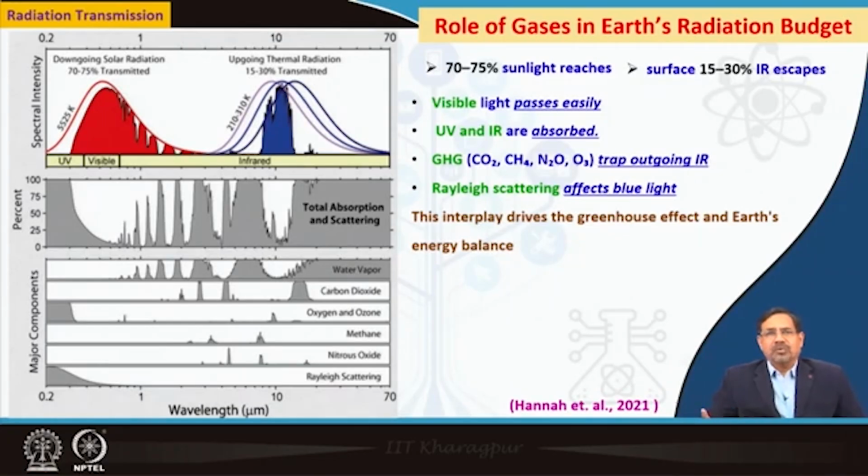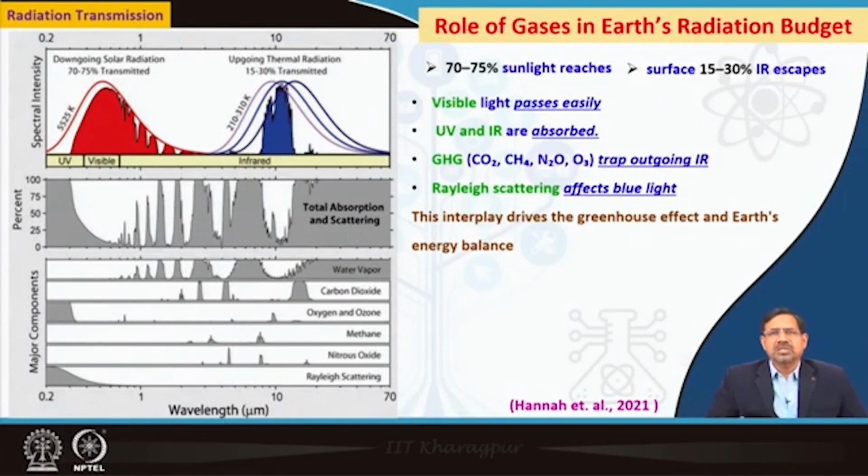So, you can see a lot of water vapor is present during the summer season. At that time, the scattering and absorption phenomena may be totally regulated by the presence of water vapor. Similarly, carbon dioxide, oxygen, ozone, Rayleigh scattering, nitrous oxide and all this. The presence of these gases, which are greenhouse gases, has an important bearing on the